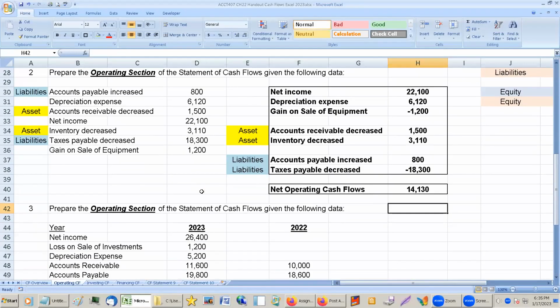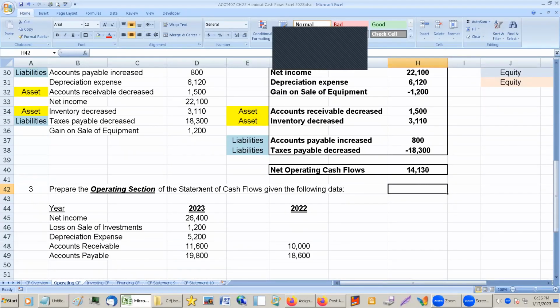Oddly, the statement of cash flows is relatively new, about 50 years old. A little less than that, like 40 years old. But the other financial statements, the income statement, the statement of retained earnings or equity, and the balance sheet, those are 500 years old. So it's fairly new, 40 years. You'll still find people that don't like it because it wasn't one of the financial statements when they were going through accounting. But it's actually a very important one. Okay.